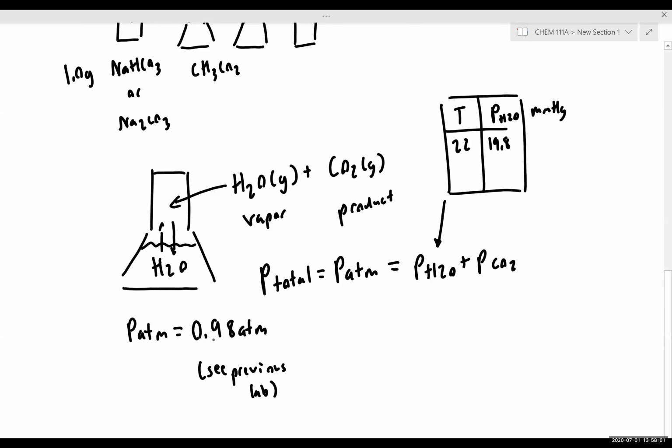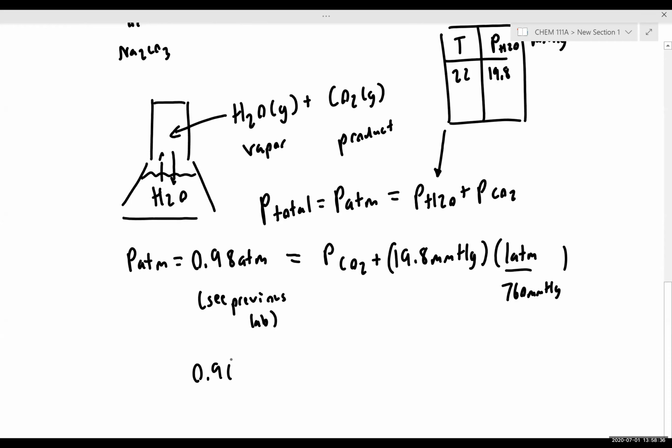You'd look up the ambient atmospheric pressure and convert it to atmospheres. This is equal to the pressure of carbon dioxide plus the pressure of water, which is 19.8 millimeters of mercury. Let's convert this into atmospheres, where 1 atmosphere is 760 millimeters of mercury. That gives us 0.98 atmospheres is equal to the pressure of carbon dioxide plus